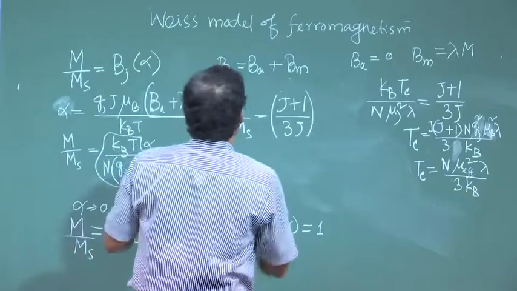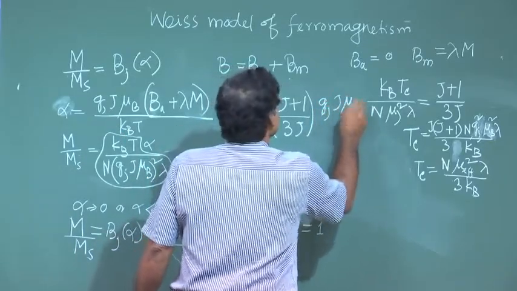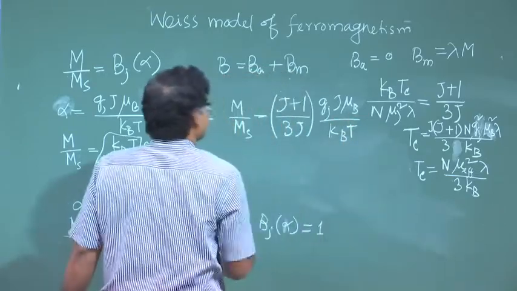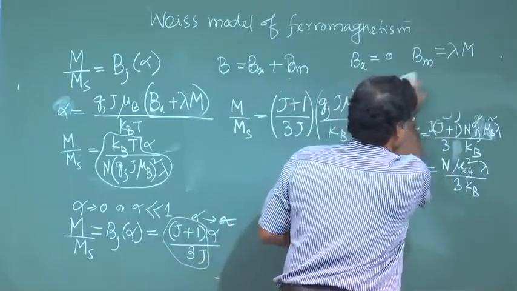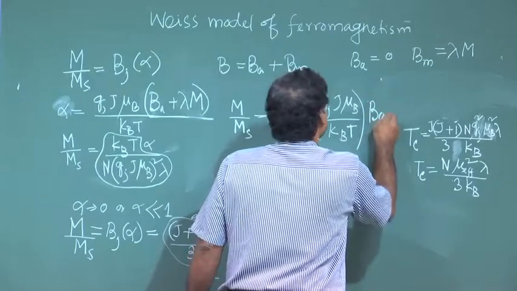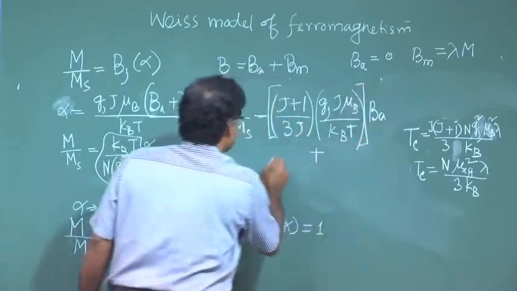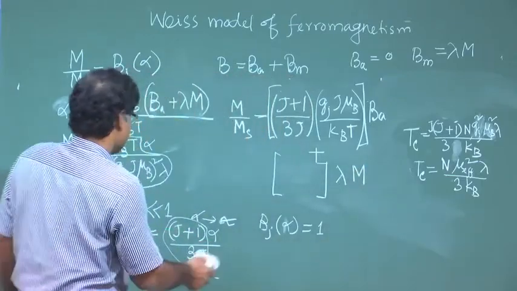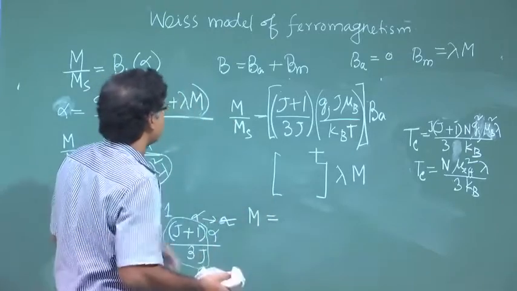So, here I will get Gj j mu v by kbt, okay, by kbt. So, this is another term. So, I can remove this one, I need this one. Then it has two terms, BA and another term. I will get plus the same term here, then lambda m, right. So, lambda m. Then m I will get from here. If you simplify this one,